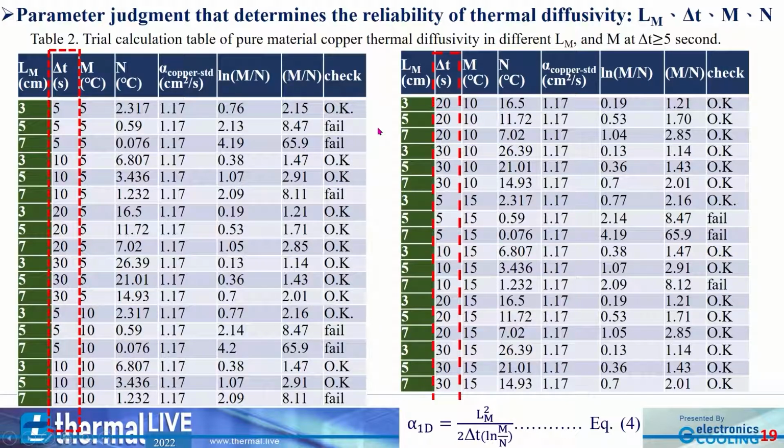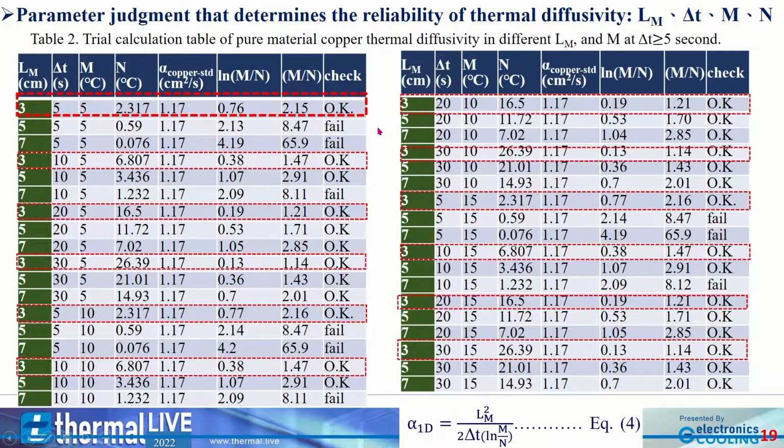By knowing LM and M values, N values can be calculated by equation 4. If N is less than 2 degrees C, it does not meet the requirement and means the assumed LM and M values are not suitable. On the contrary, if N is larger than or equal to 2 degrees C, it means the assumed values of LM and M are okay. The result shows no matter what the values of delta T or M are,